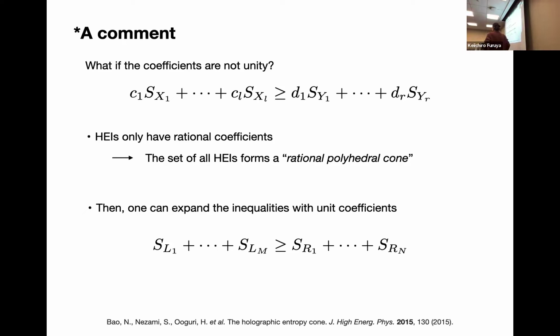Quick question. If I have an inequality with rational coefficients on the right-hand side, for instance that one, I can divide D1 by the square root of 2. Yeah, but you can always multiply by the denominator, because the definition of a rational number is that you can write it as an integer over an integer, like 5 over 6. Yeah, but what I'm saying is, I can pick some inequality with irrational coefficients. Oh, no, that's outside of holographic entropy. So that cannot be a holographic entropy inequality. No, but I'm just building that up based on what we already have.